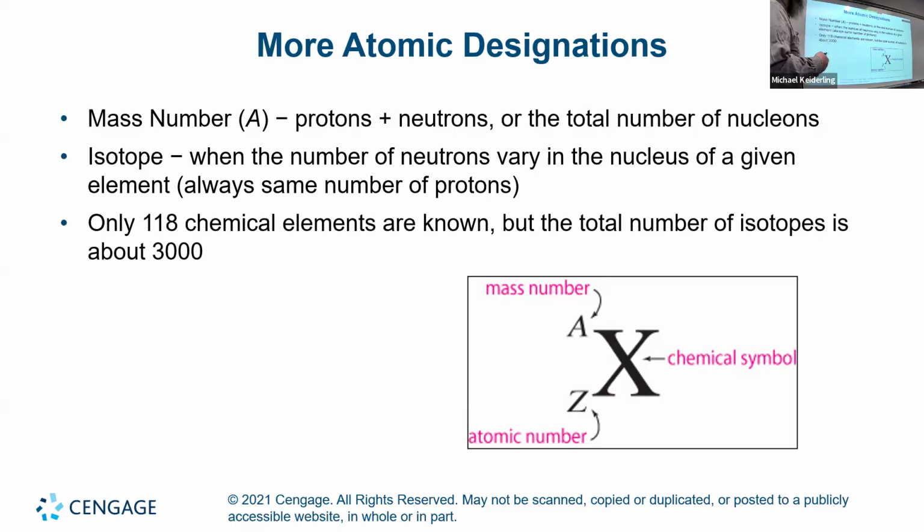So isotopes are when the number of neutrons varies in the nucleus of a given element. A given element always has the same number of protons, but it can have different numbers of neutrons. And some isotopes are more stable than others. So for example, if we look at the simplest of atoms, hydrogen, hydrogen has 3 isotopes that occur. You could just have a proton, that's normal hydrogen, that's everyday hydrogen. You could have a proton and a neutron. That would be written as